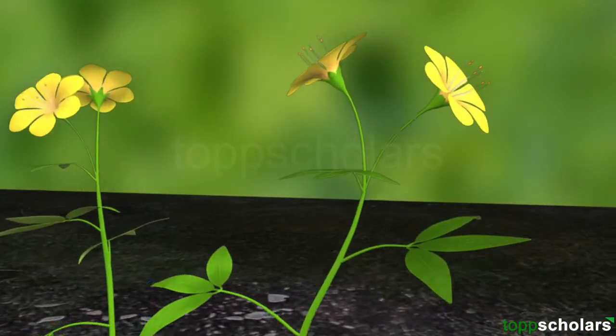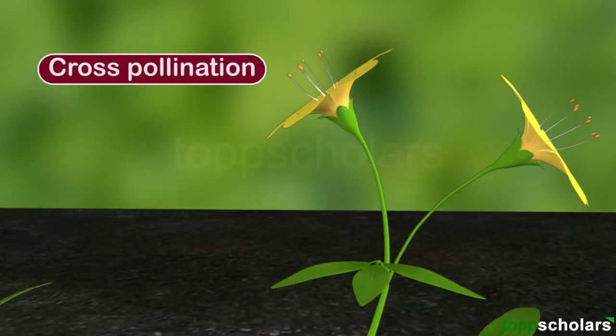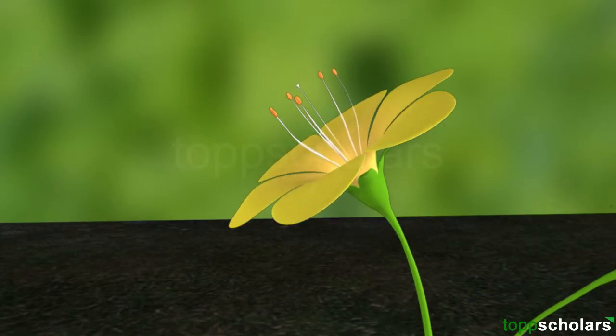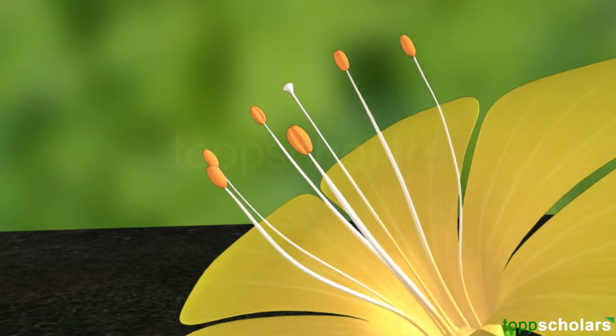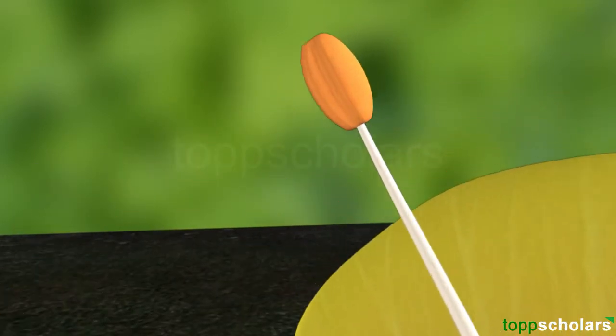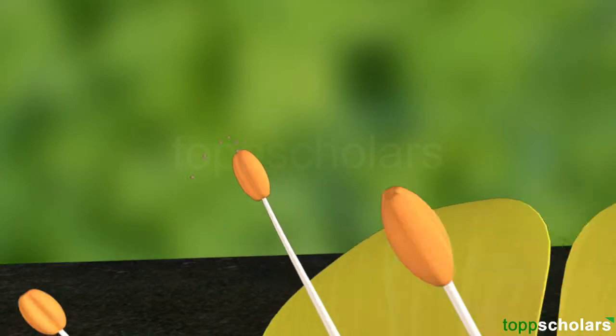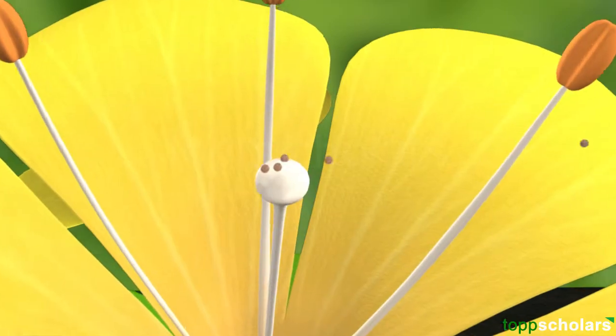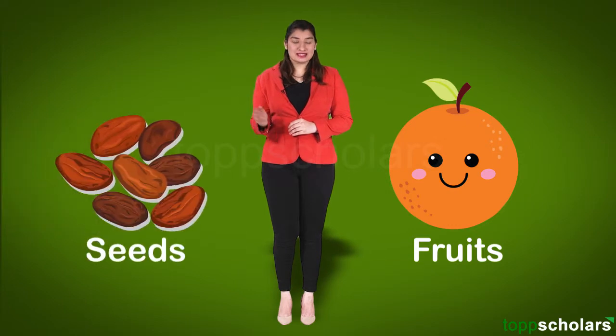After studying about self-pollination, let me tell you about the other type of pollination, known as cross-pollination. Cross-pollination occurs between two flowers when the pollens are transferred from the anthers of one flower to the stigma of another. It is due to pollination that flowering plants are able to produce fruit, produce seeds, and transfer genetic information